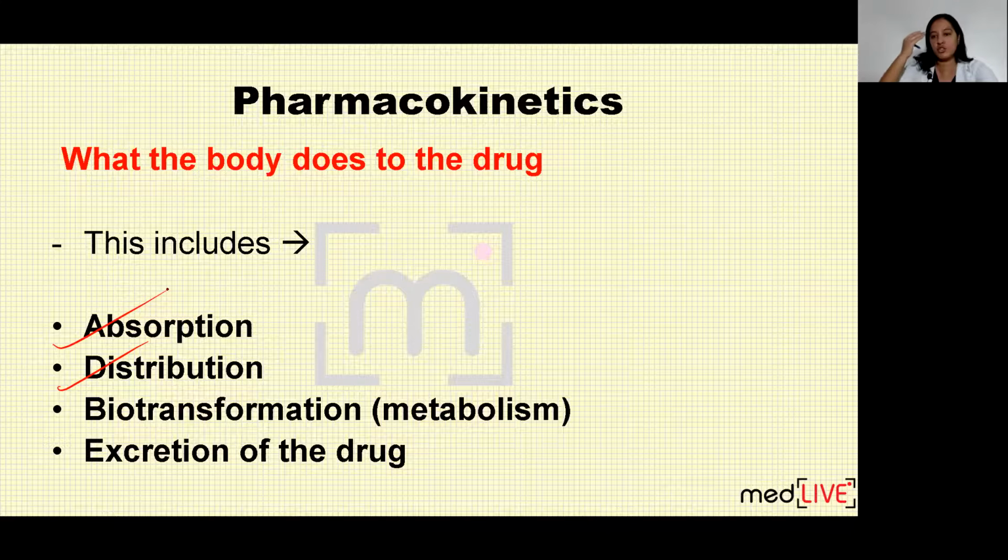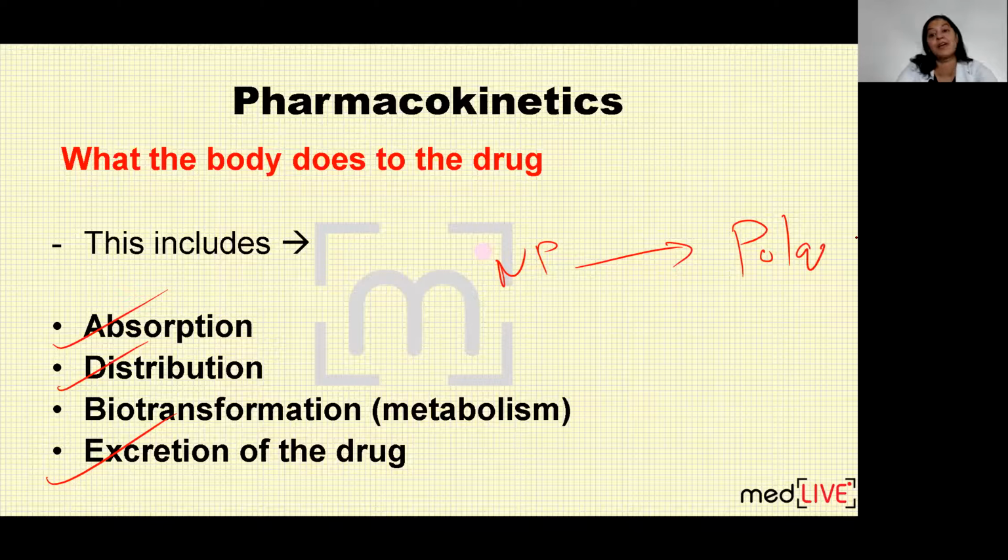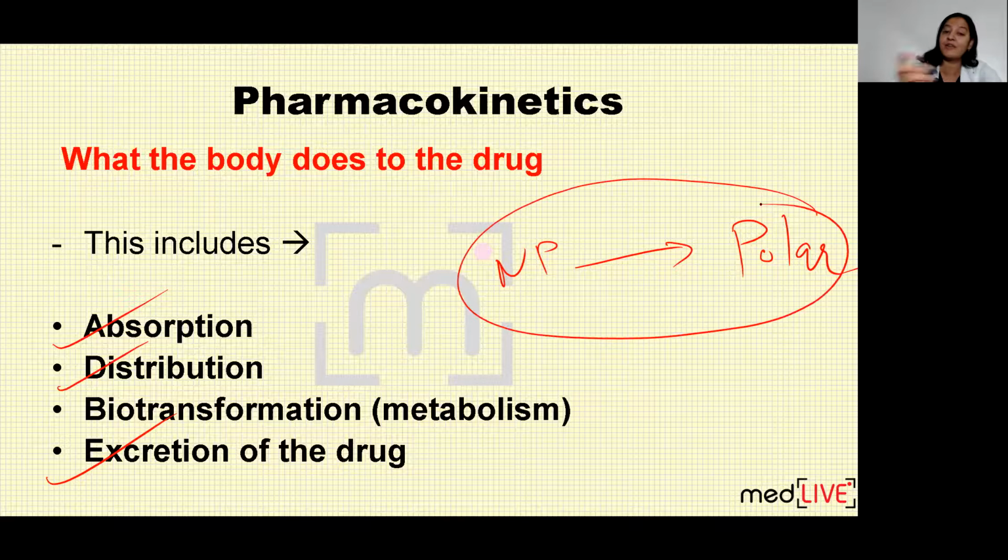Now, the drug has shown its mechanism of action. If I am taking a drug for headache, there is now no more pain. The drug has shown its mechanism of action. Now the drug has to be excreted out of the body. The last step the body does is excretion. But before excretion, most of the drugs are non-polar. Non-polar drugs cannot be excreted out of the body. So non-polar drugs have to be converted into polar drugs so that they become water soluble and are excreted in urine. So conversion of non-polar drug into polar drug is known as biotransformation or metabolism. So the third step before excretion is biotransformation or metabolism of the drug.